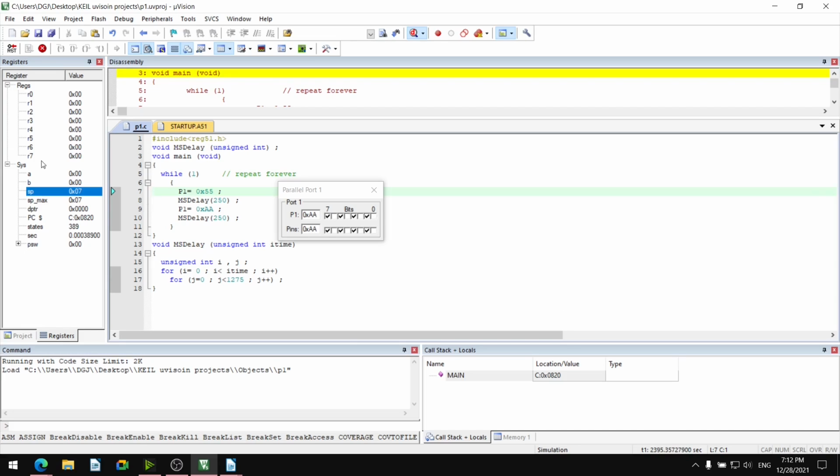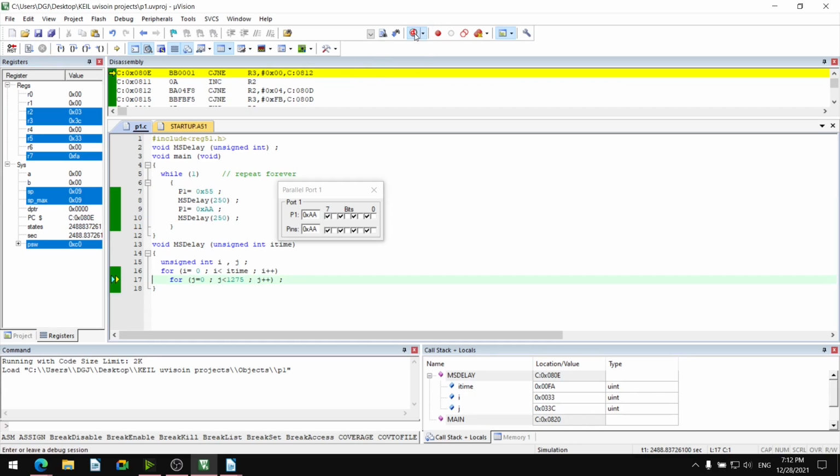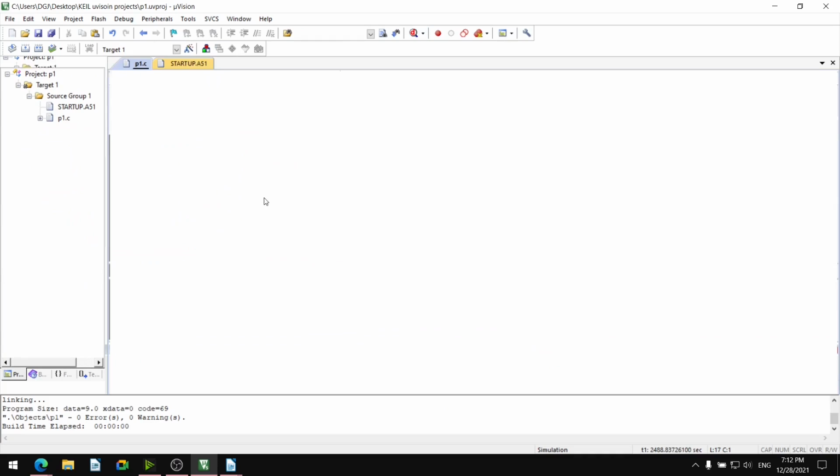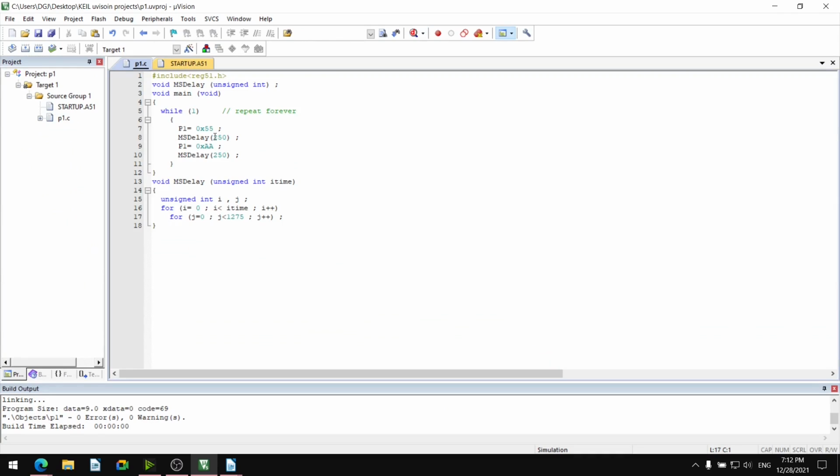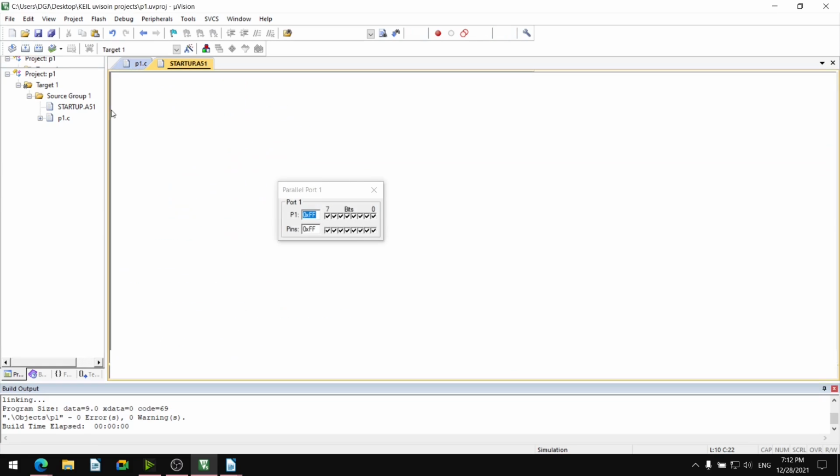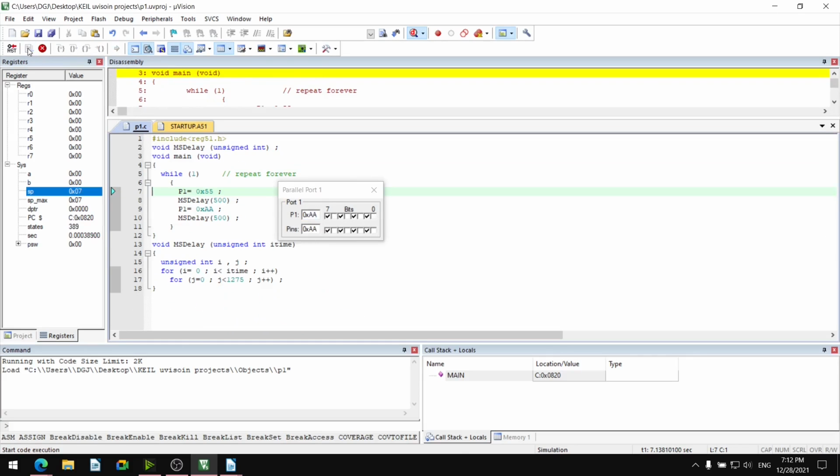Can we do it for half second, that is 500 millisecond? Stop the execution, stop the debug session and make it 500. Delay is 500 millisecond. Save, build, zero error, zero warning, start debug session, okay. Run the code execution.